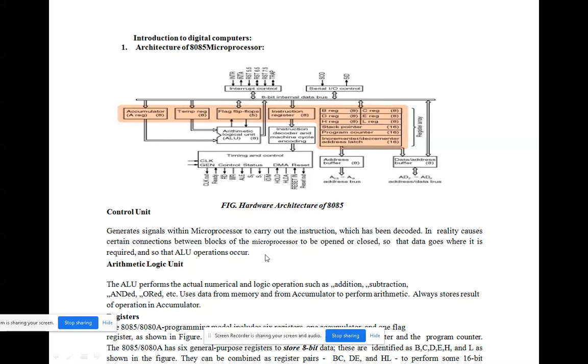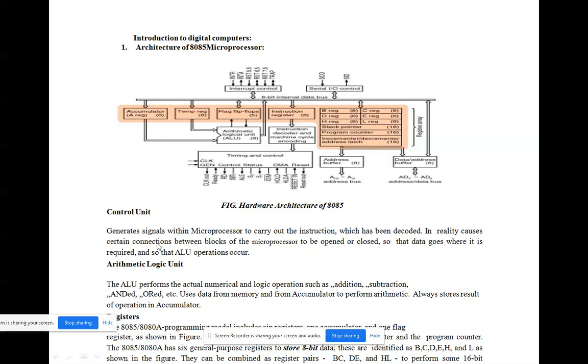First, the control unit. So what is the use of the control unit? The control unit will control all the blocks in the architecture of the 8085 microprocessor. It generates signals within the microprocessor to carry out the instruction which has been decoded.